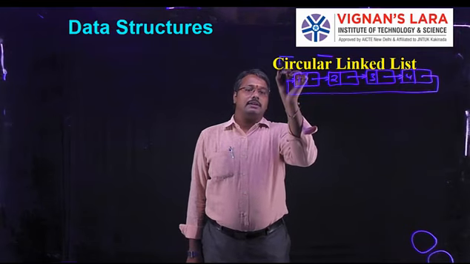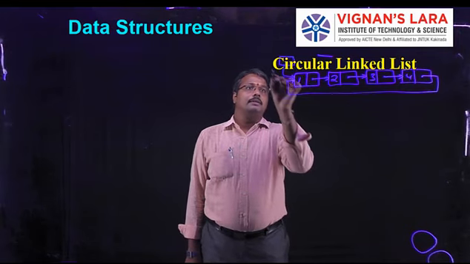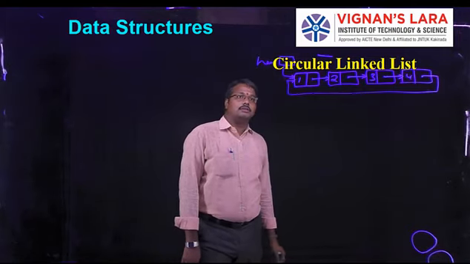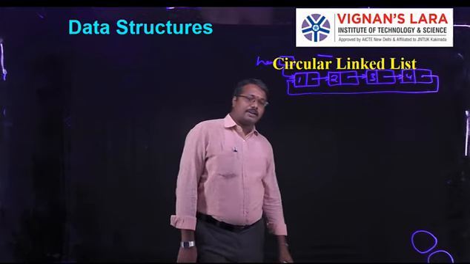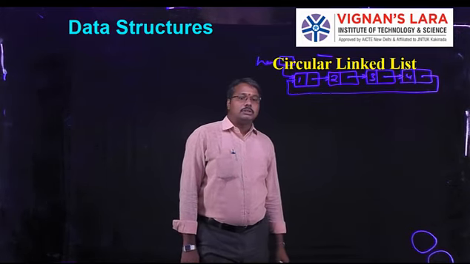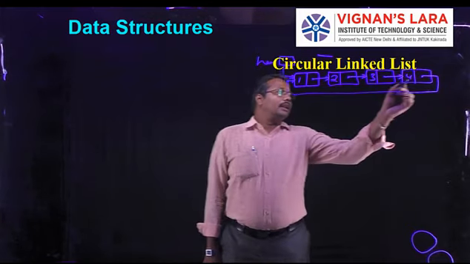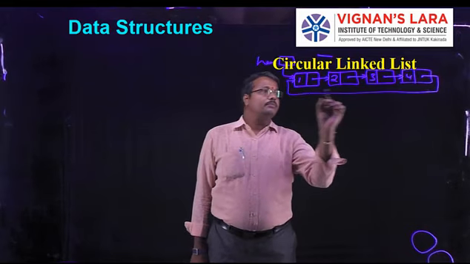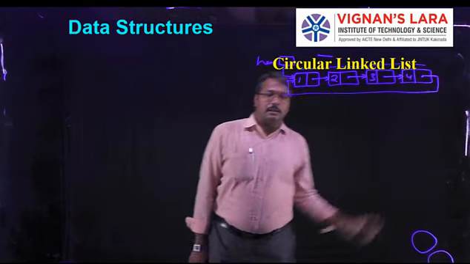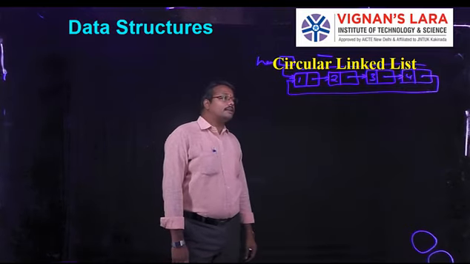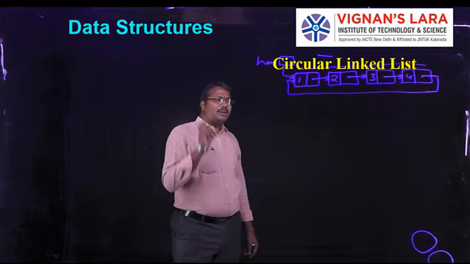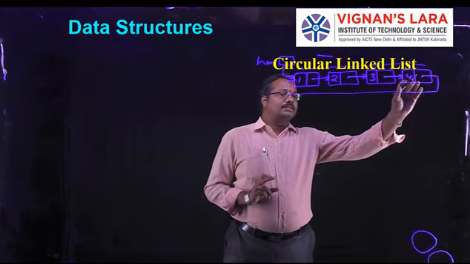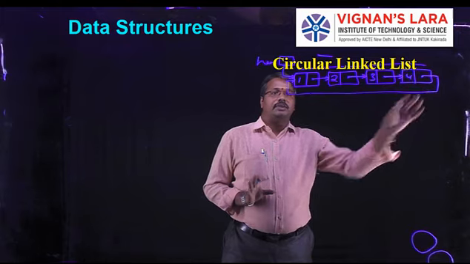In general, this is called the header. The header node is a kind of pointer pointing to the starting node address. So the last node's next field consists of the starting node address. It means that it's a circular linked list. The only change is that in the last node's next field we always keep the first node address.